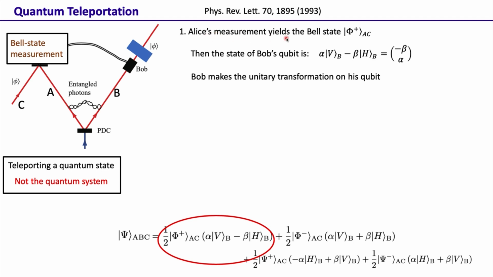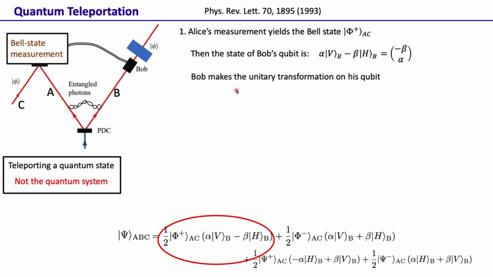Now, after Alice's measurement has yielded this state phi plus, Alice lets Bob know about this information, and this can be done over a classical channel. So, this does not need to be in a secure manner. This could actually be over a public channel or classical channel. So, once Bob gets to know that Alice has, in that particular measurement, found the joint state to be in phi plus,